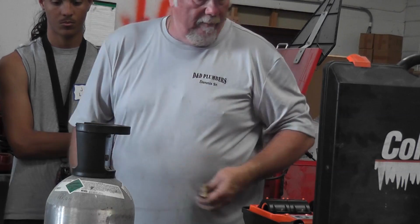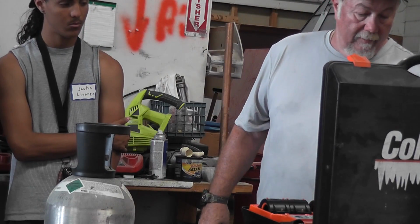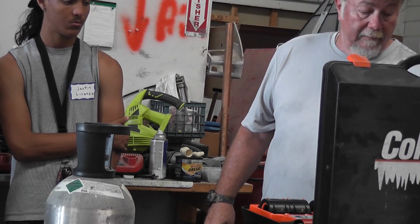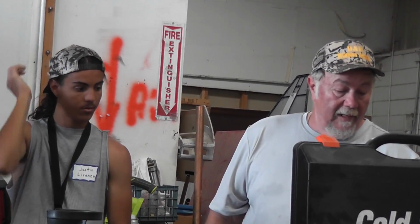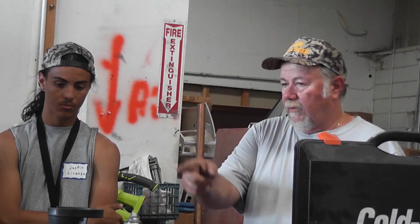You hook these up, turn it on, let it freeze. It freezes the pipe, freezes the water inside the pipe. So what that does is it gives you time to cut a pipe downstream, solder, put it back together, shut this off, and within 5 minutes it'll unfreeze itself and water flows. So you can freeze up to